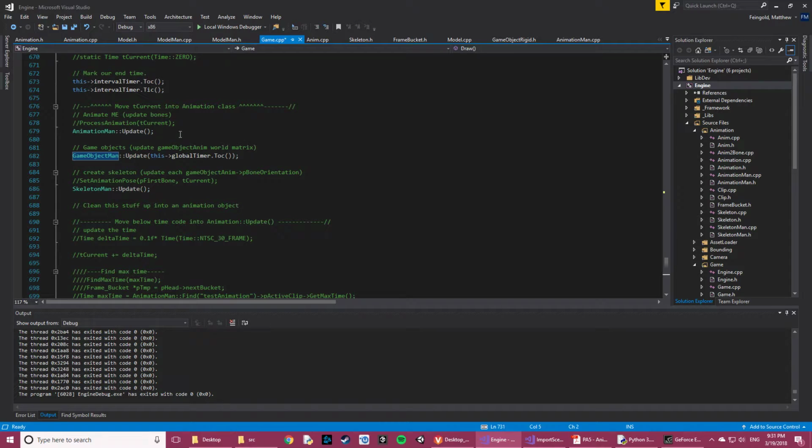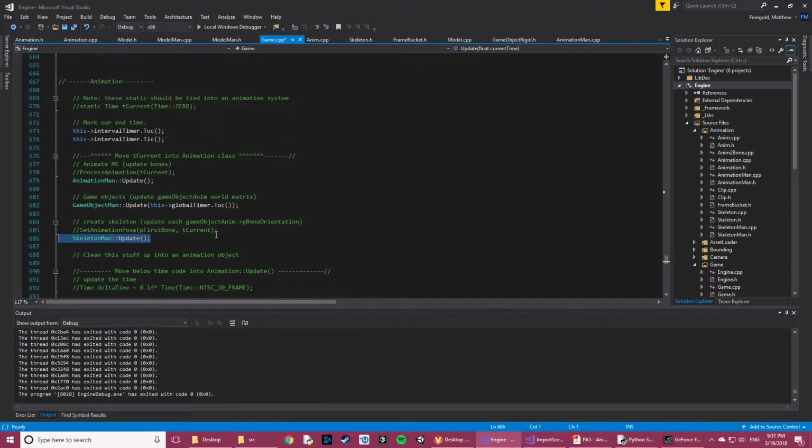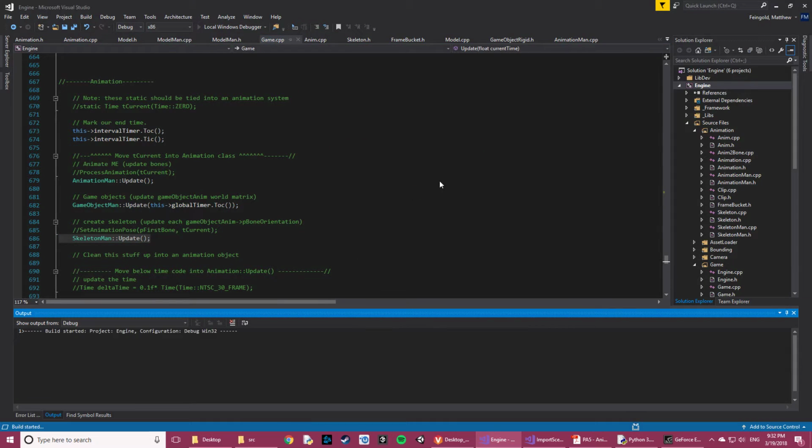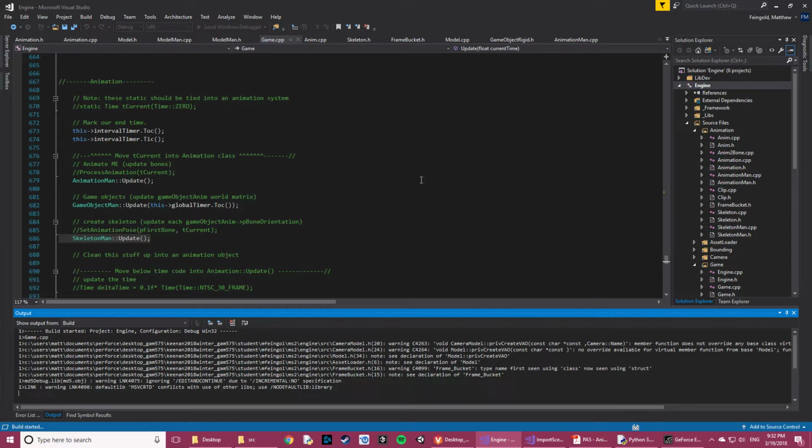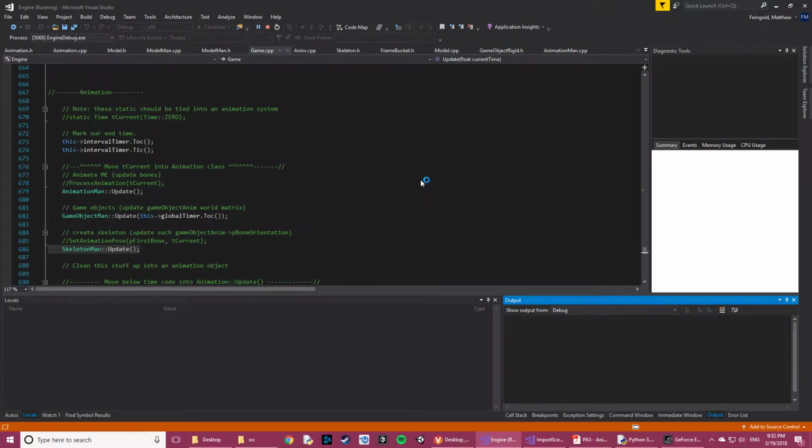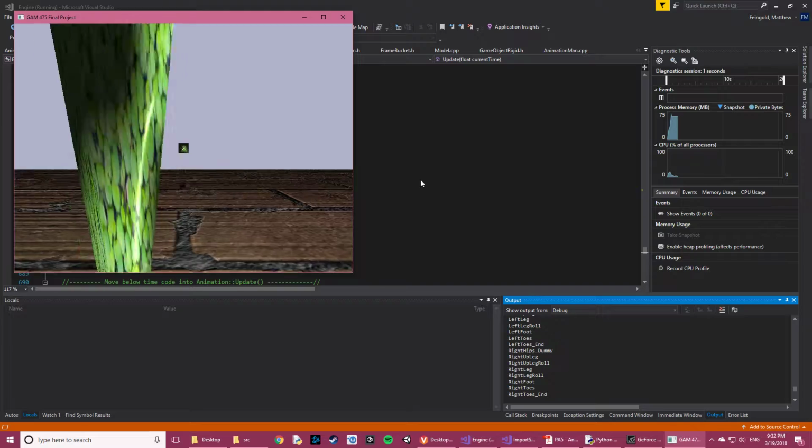So it's a three-step process. You gotta do the interpolation through the clips, you gotta update the world matrix, and you have to do the bone orientation stuff. Anyway, let me build this and run this and just show that this works. Okay, so